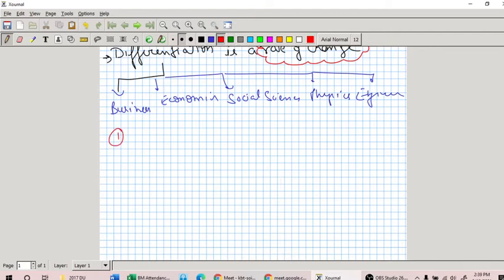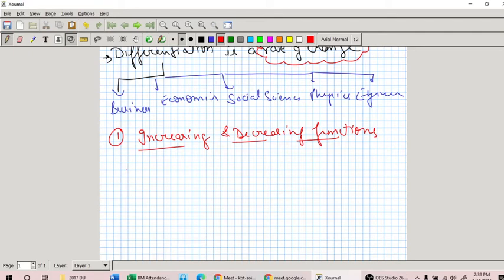So this is going to be your topic of today, first topic, increasing and decreasing functions. What is this increasing and decreasing functions? So fundamentally we must understand that